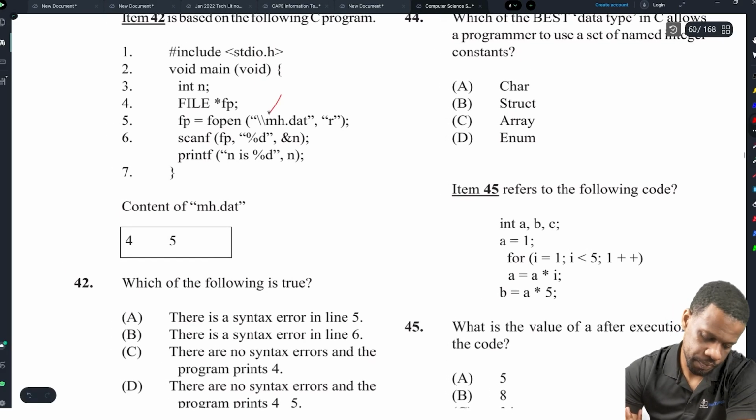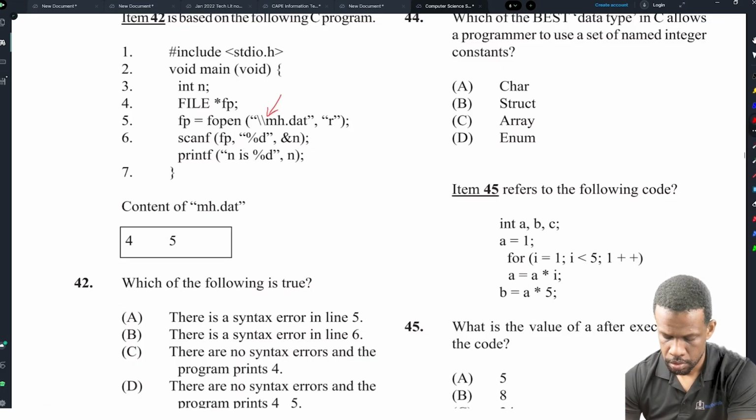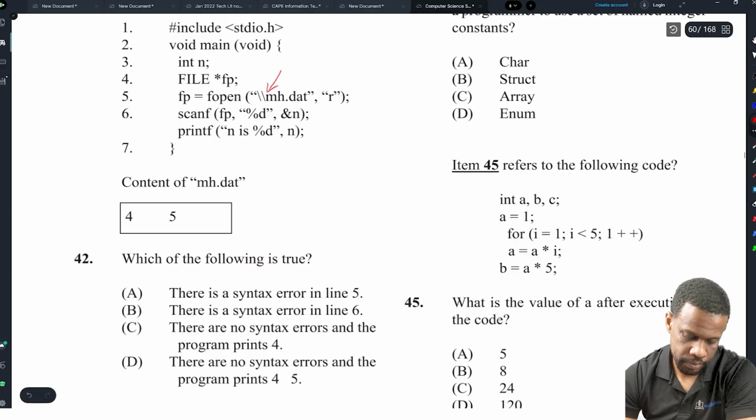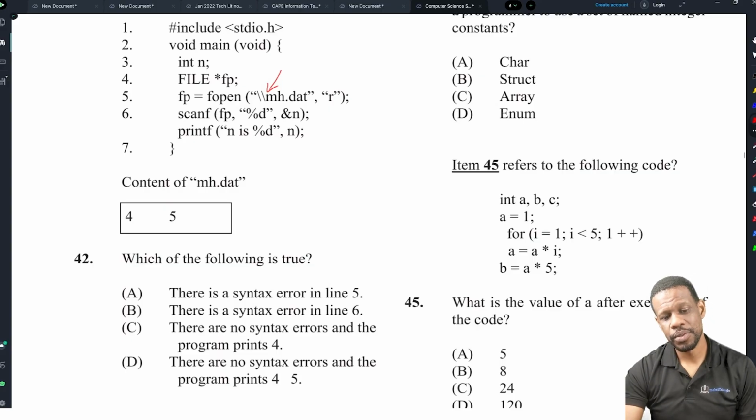I'm not sure about this, you know. Those two backslashes are kind of weird. If you put a file, you have to put... if you put two backslashes, no. If you put C colon backslash, it'll be a file path. If you put one backslash, I think line 5 has the error. I don't think you'll be able to read the file if you have put two backslashes in front of it. But then again, it kind of depends on the compiler that you use, if it will be able to ignore that, or